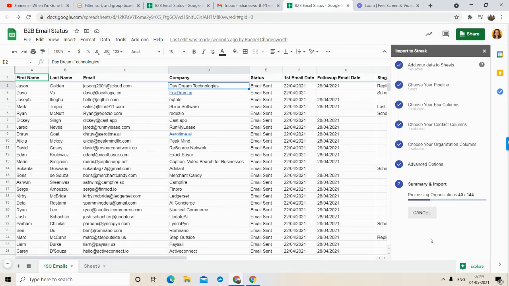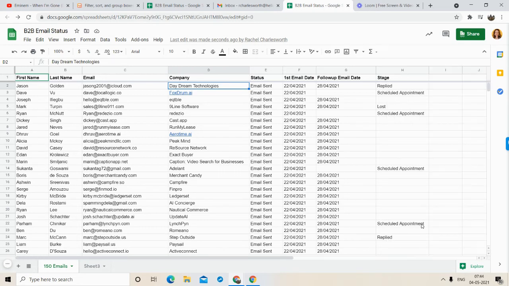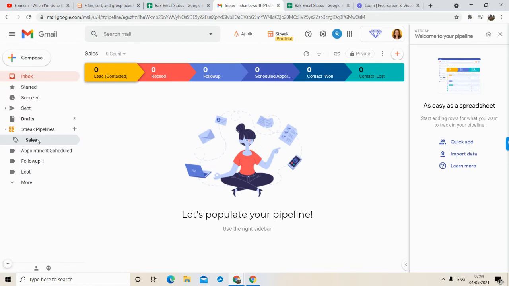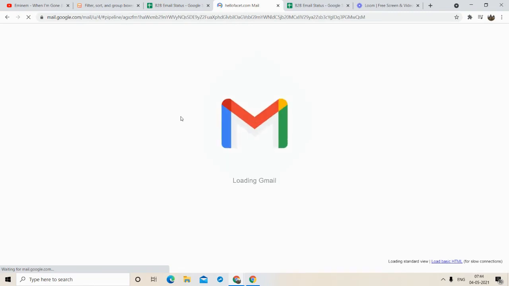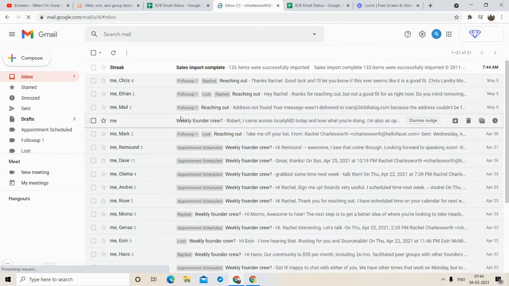As you can see, it is importing. So just click done. That's it. Now come back to your cells, right? So click on it, refresh it. You can also get a message like cells import complete. So now go to your